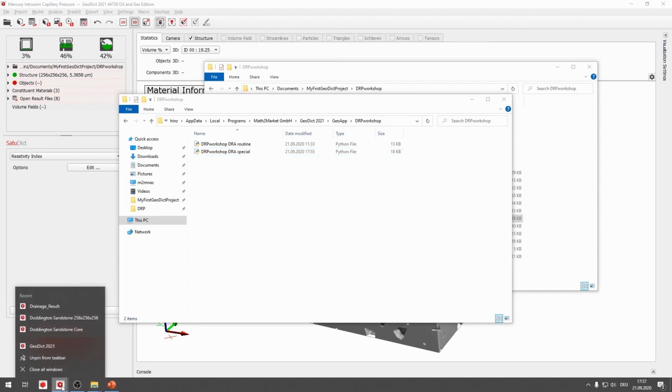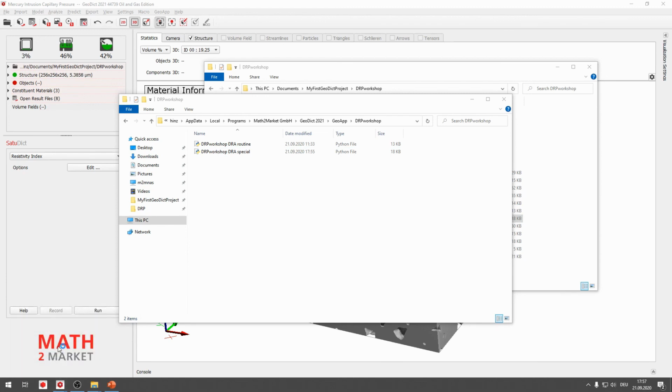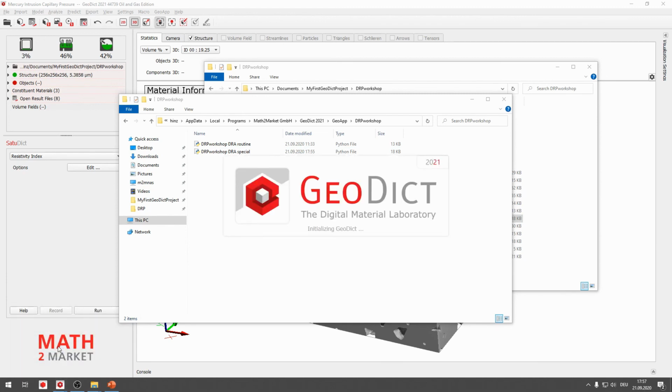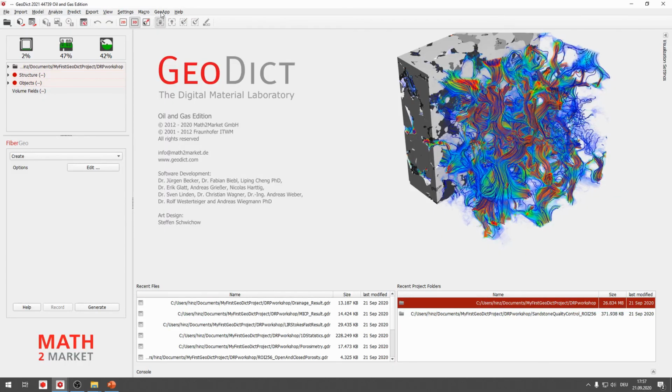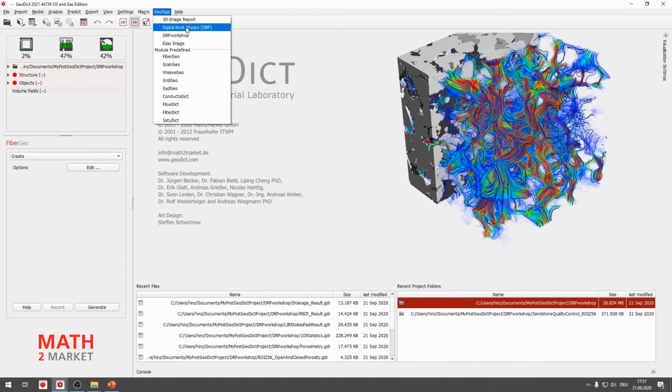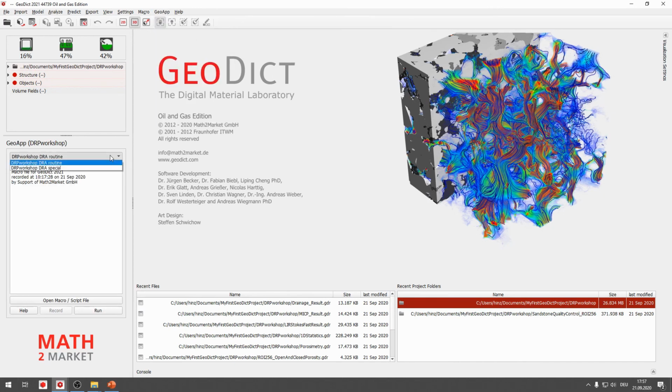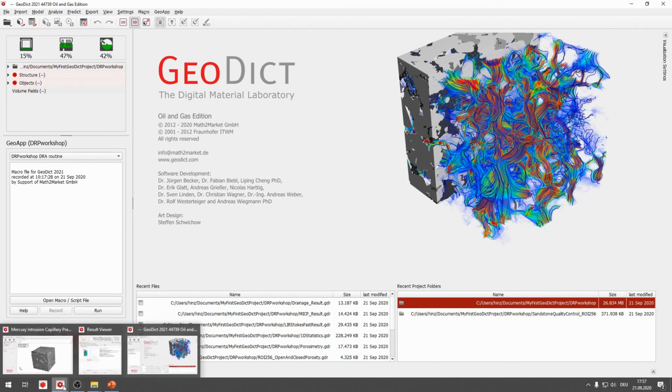Just right click into this taskbar icon and start another Geodict. Go to the GeoApp section, and here we already find our DRP workshop folder again, now with the routine and the special analysis. So perfect. You have everything available that you need in order to compute resistivity and relative permeability after the workshop with the settings that we've just applied.